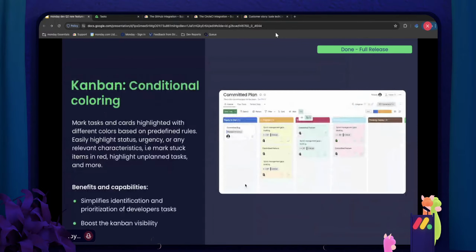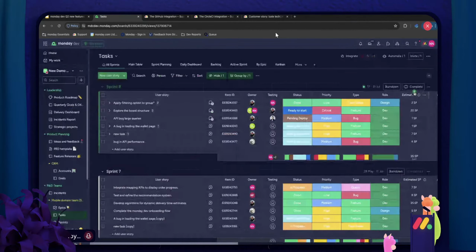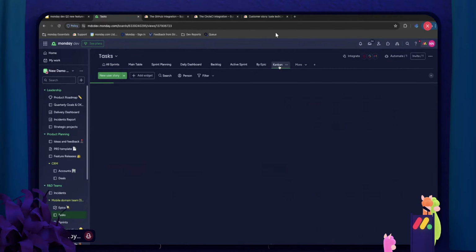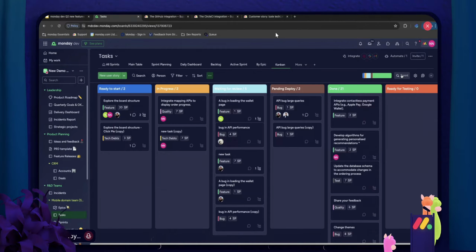Moving forward to some Kanban improvements. So the new Kanban is fully released to everybody. If you don't have the new Kanban, there is an option for you to move your old version to the new version in the settings. New things that came out, and let me open the Kanban, and I'm going to point out a few things. Now, these improvements were done over time, so not all necessarily for this quarter, but they all come bundled up in the new Kanban. So the first thing that you'll see, obviously, our sprint picker right here,